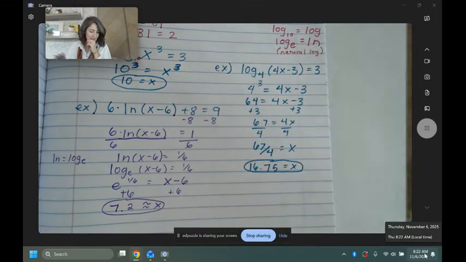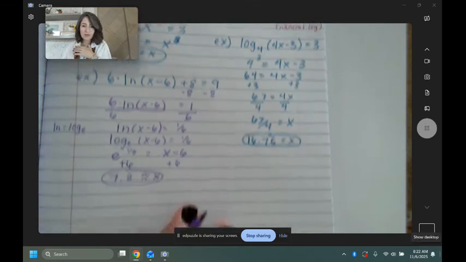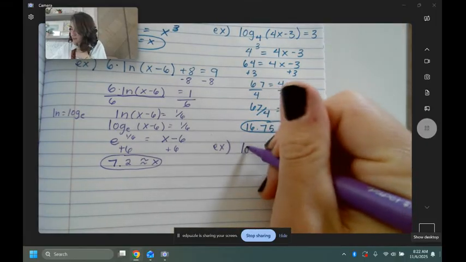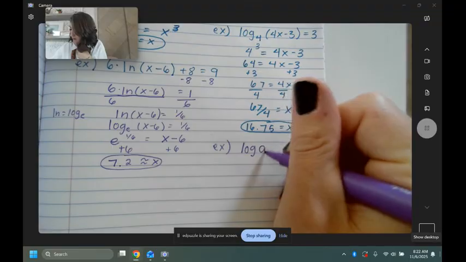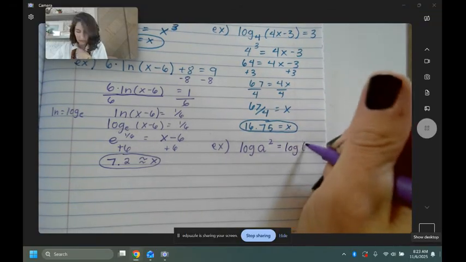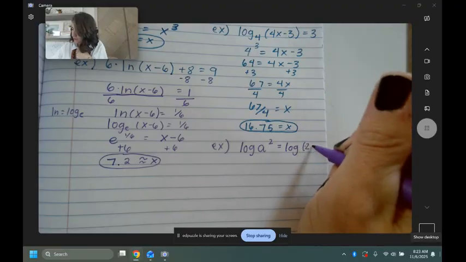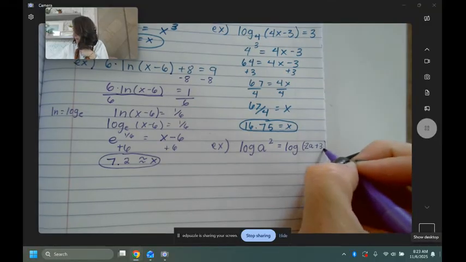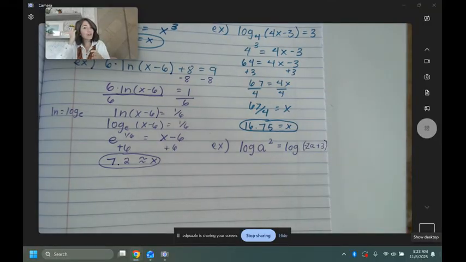Okay. Now what to do if there's two logarithms? Say I have log of a squared equals log of negative 2a plus 3. If you have a logarithm like this where there's one on each side, to cancel it out, I'm going to use this property where